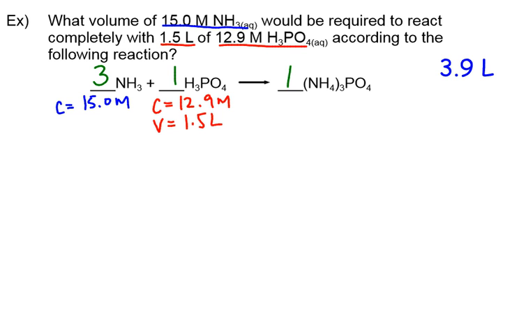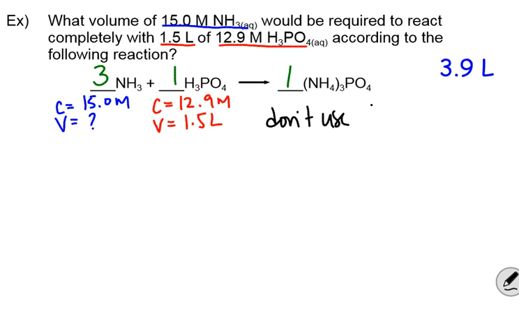So the question is, what volume of ammonia, so I need to find my volume of ammonia here, is required to react completely with this phosphoric acid? Now if you look here, this starts to look a lot like the dilution equation, C1V1 equals C2V2. But you cannot use,